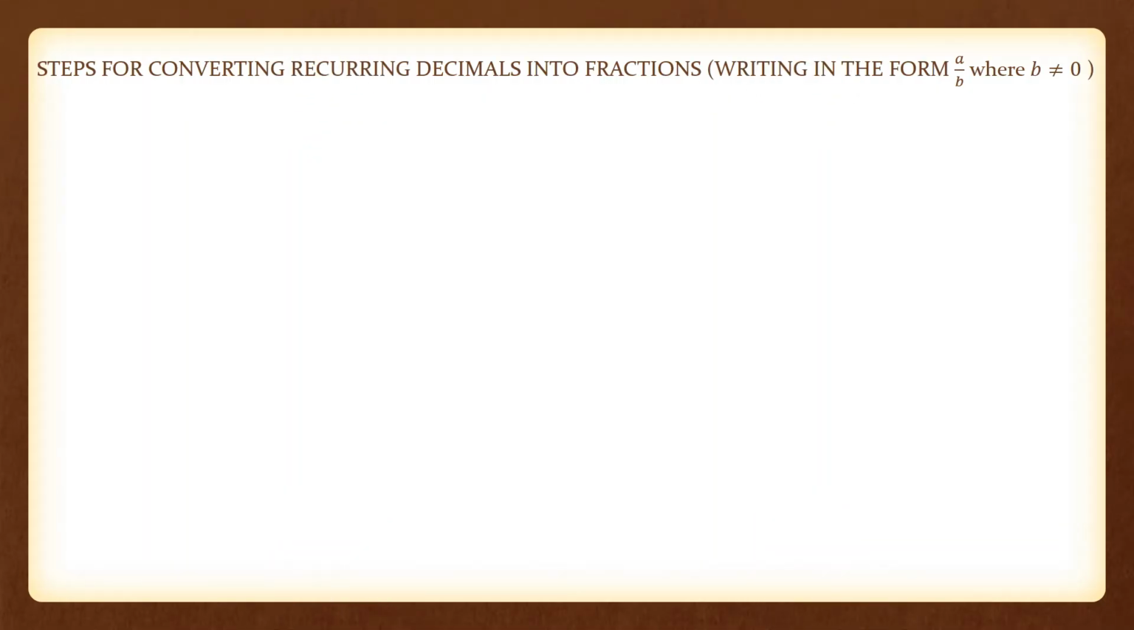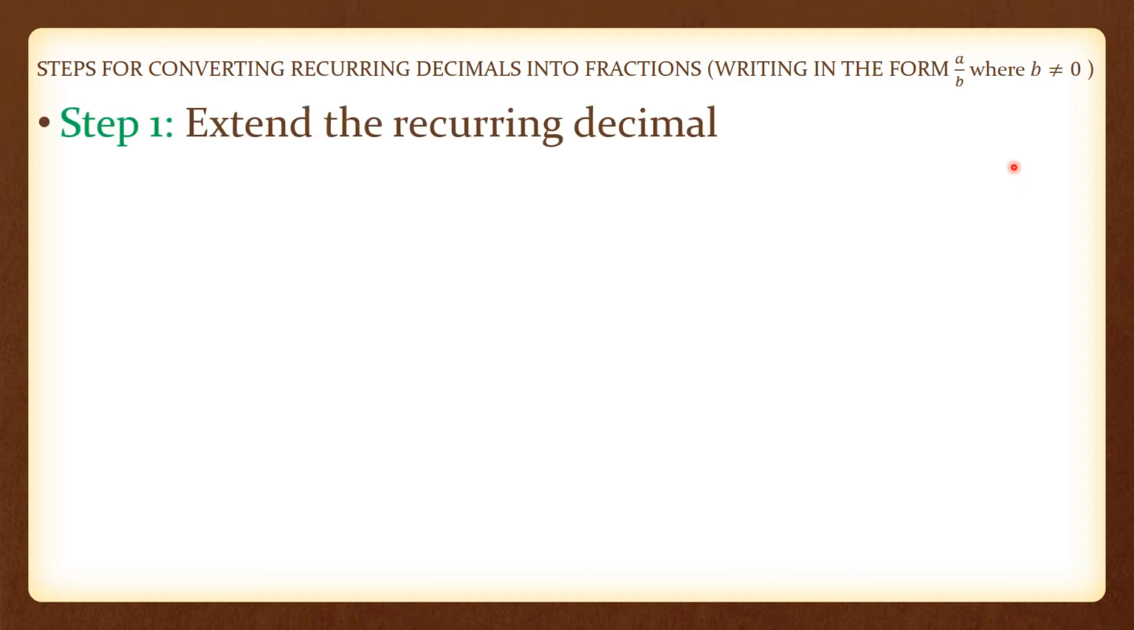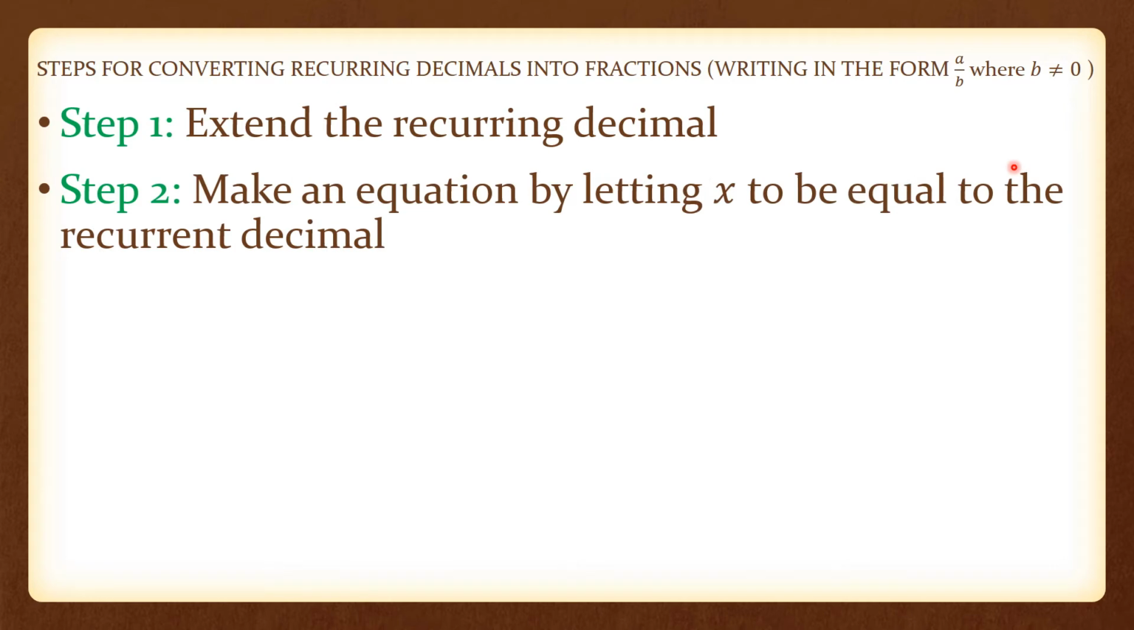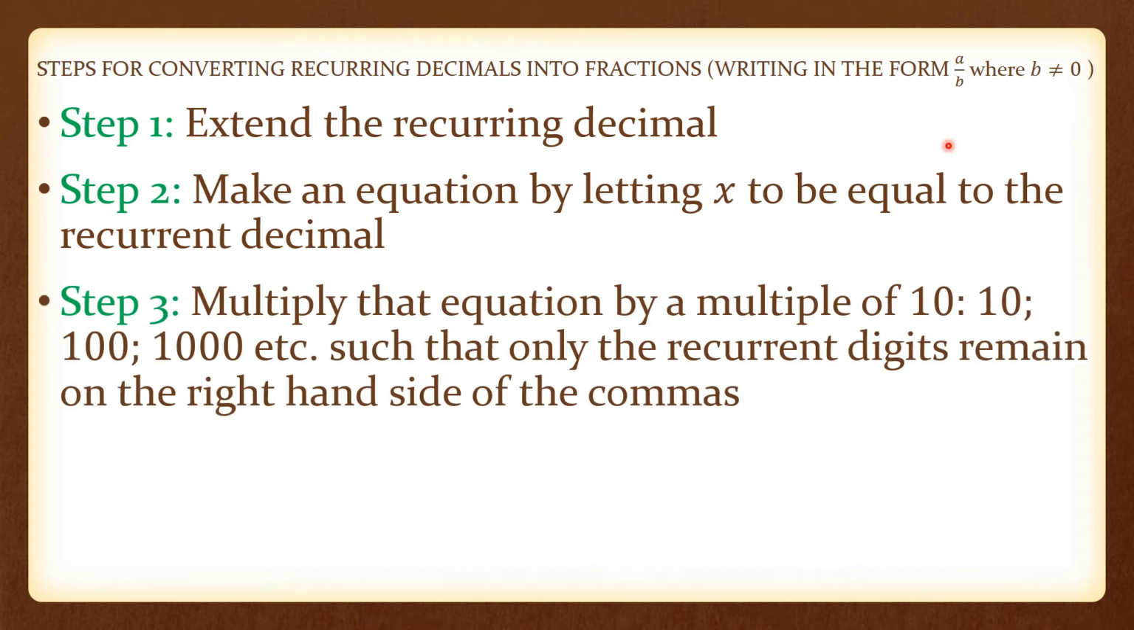Steps for converting recurring decimals into fractions of the form a over b, where b is different than 0. Step 1. Extend the recurring decimal. Step 2. Make an equation by letting x be equal to the recurrent decimal. Step 3. Multiply that equation by a multiple of 10, meaning 10 or 100 or 1000, etc., such that only